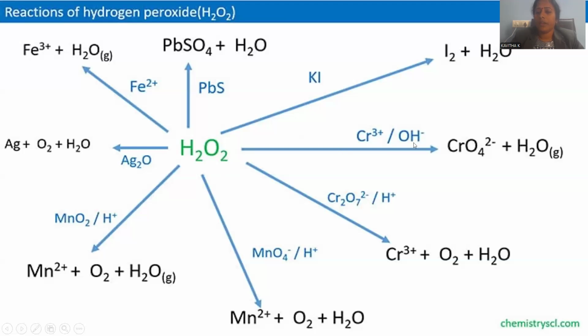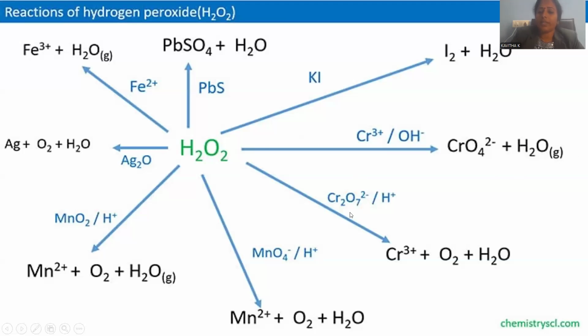Whenever chromium under alkaline conditions reacts with hydrogen peroxide, there is a provision to go for the higher oxidation process, and CrO4 2 minus will be generated in addition to water as the product. So this is the way chromium plus 3 is turned into what condition? Here oxygen 4 times we have, each oxygen with minus 2, so that we can say minus 8, compensated by 2 charges, so chromium is in plus 6. Plus 3 turned into plus 6, so it is a kind of oxidation. Increase in the oxidation number is clear over here. That's the reason why it is oxidation, in addition to water as a byproduct.